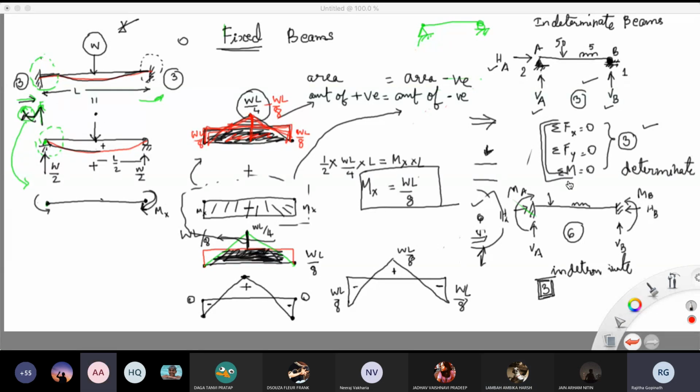Yeah, I wanted to ask one thing, Rajita. In the final, the last diagram that we've made, so the net negative comes out to be WL by 4 and the positive is WL by 8. So that is more than the positive then, the negative moment. No, negative is WL by 8 only, na? Negative हमने mx है ना, mx का एरिया और ये पॉजिटिव एरिया हमने इक्वेट किया, तो हमको क्या मिला? यही मिला ना, WL/8 मिला ना, ये L और ये L कट हो गया तो WL/4 into half is WL/8.